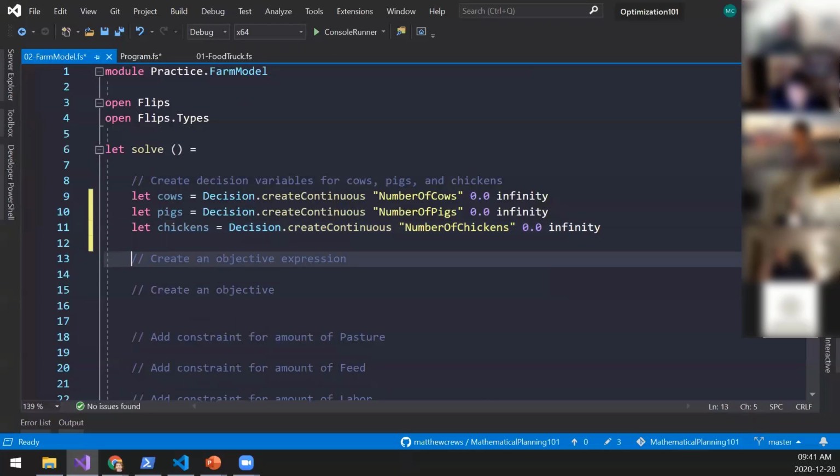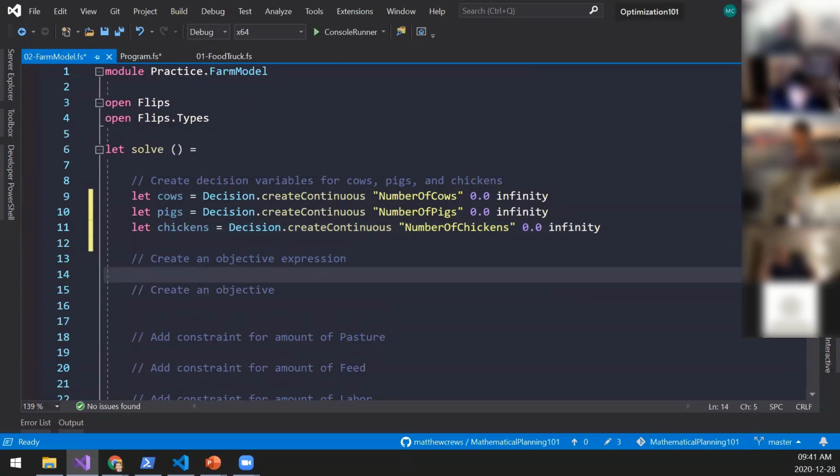Great. Now we need a way to measure success. So the objective expression. So objective expression equals 100 times cows plus 50 times pigs plus 8 times chickens.